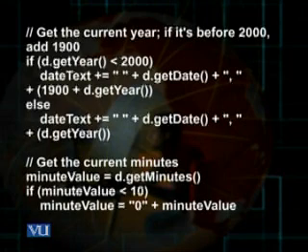I use an if statement in this regard also. You can see in the following line, if minuteValue is less than 10, then minuteValue equals, in string, 0 plus minuteValue. That means that if the minutes returned are less than 10, say 7 minutes, then I want the digit 7 to be preceded by the digit 0. So 07 in fact should be printed for me where the minutes are less than 10. And for that I use this statement, minuteValue equals 0 plus minuteValue.